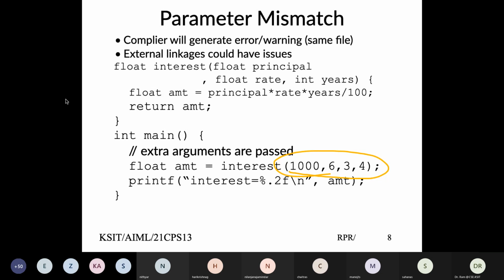You're partially right. Any other answer? No, sir, it will execute, but we'll get the wrong values. Why do you think a wrong value would happen? What would happen to this value 4? So first let me answer. If this function is defined in the same file where main is, then compiler